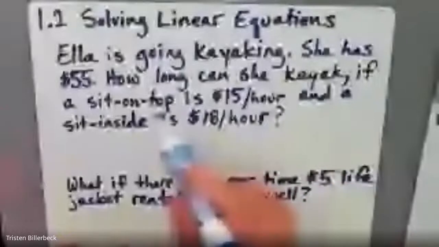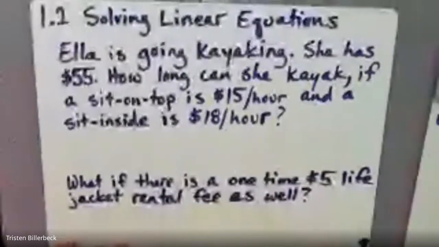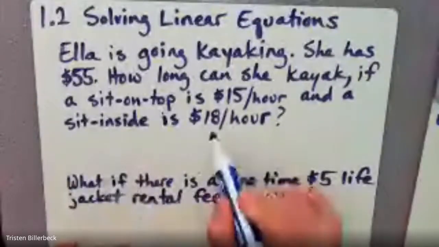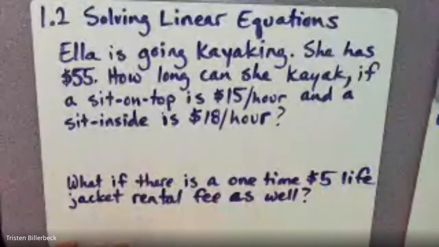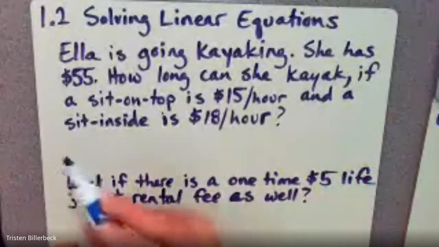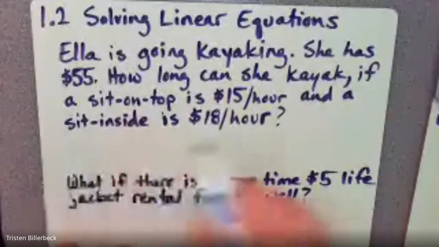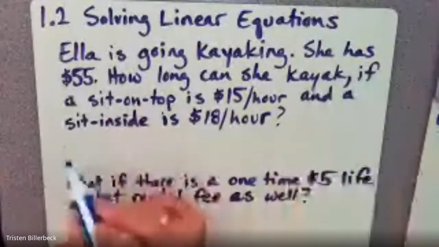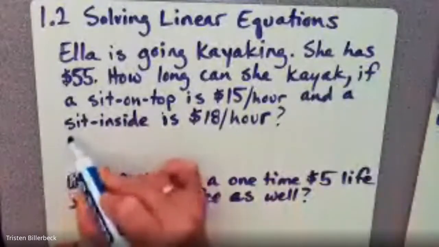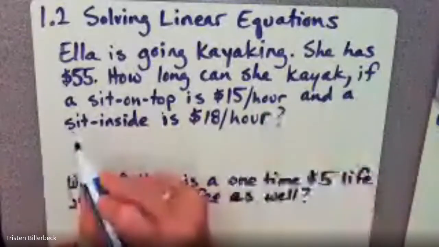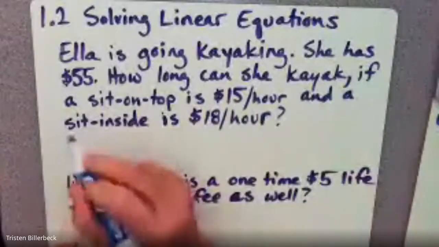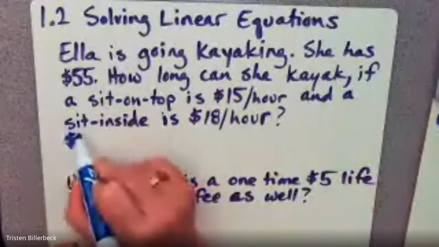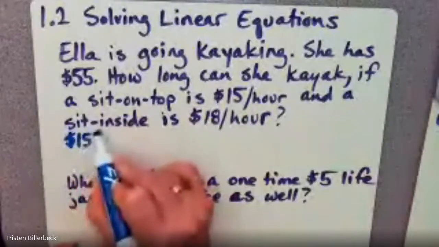Well, we know the sit on top is her best option for the money, but let's see if she can squeeze in that sit inside. Okay, so how would we set this up? Well, she has $55, and we know it's $15 per hour. So if we write $15 per hour